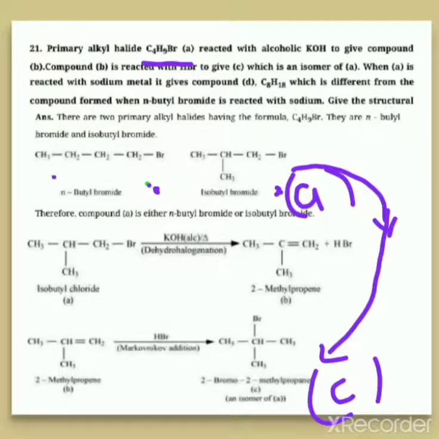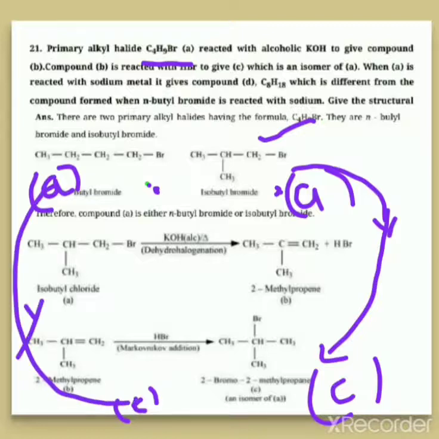Let this we have considered as A and we have come up with the C. The same way you have to consider this as A and do all the procedure that we have done for this one and come up with C. At that time you will find that the C which you are getting with this A will not give the isomer for this. So that's why we have chosen this structure.